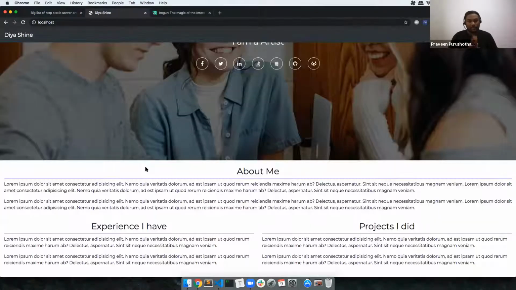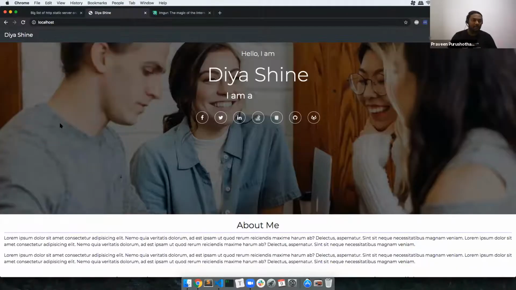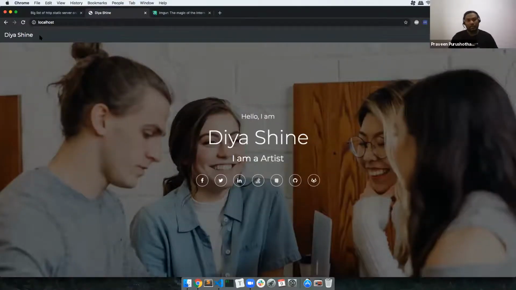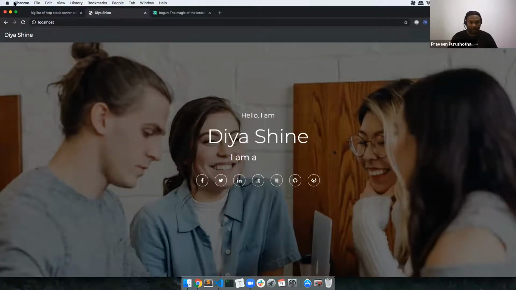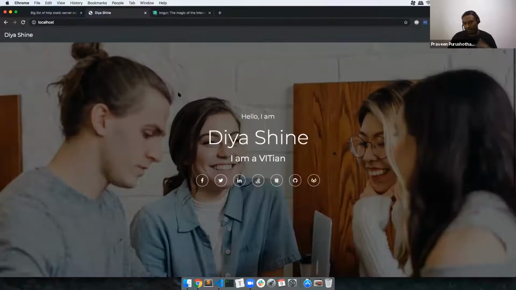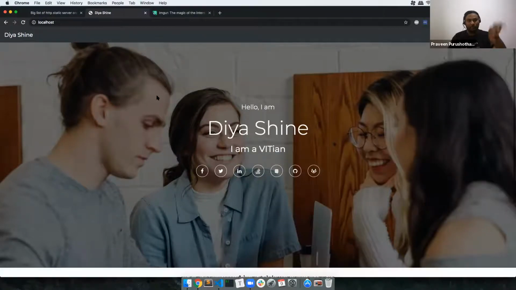So now we have done these things. The interesting thing I wanted to do is, if you see this top navigation bar, it is always prominently staying. But what we want is, once we go down, we want this to slide down.